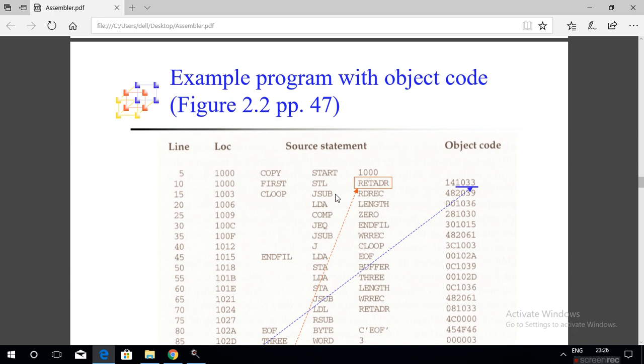The second task of the assembler is to translate each mnemonic opcode to its machine language equivalent: STL to 14, JSUB to 48, LDA to 00, COMP to 28. These two-digit numbers are the hexadecimal codes for each of the machine language instructions.